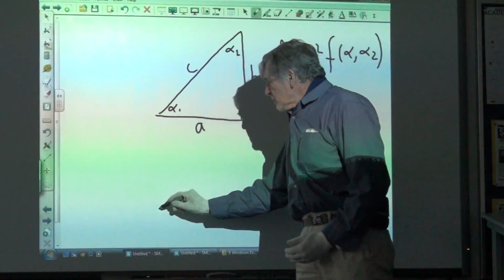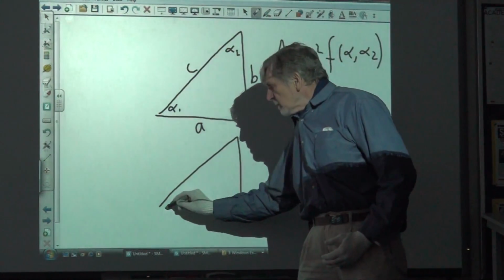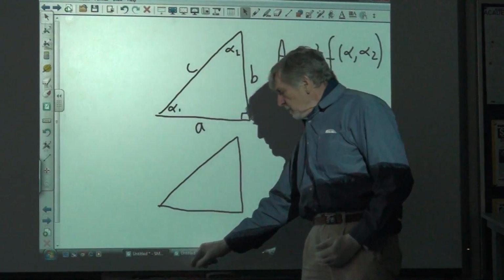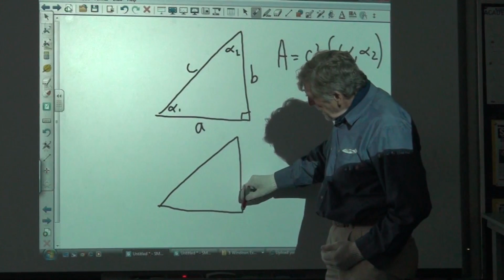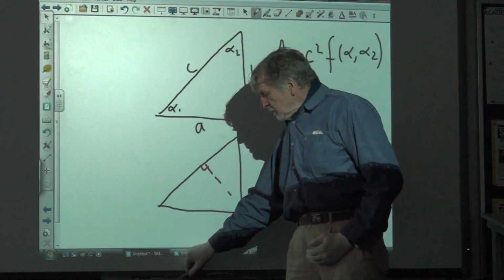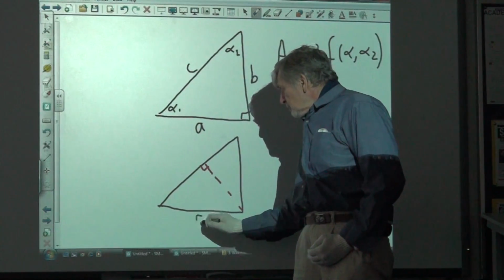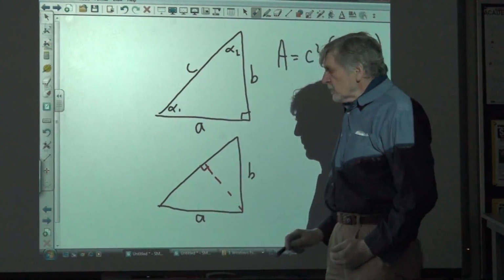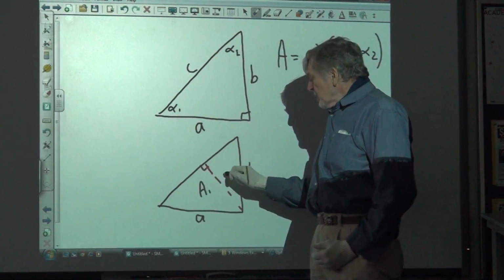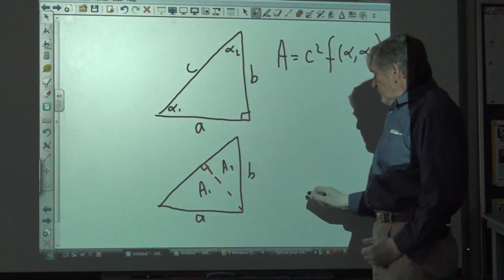The important thing is that it will not be present in the final result. The next thing we do is take the same triangle and drop a perpendicular from the right angle to the hypotenuse. This introduces two small triangles. Call them A1 and A2. If you examine A1,